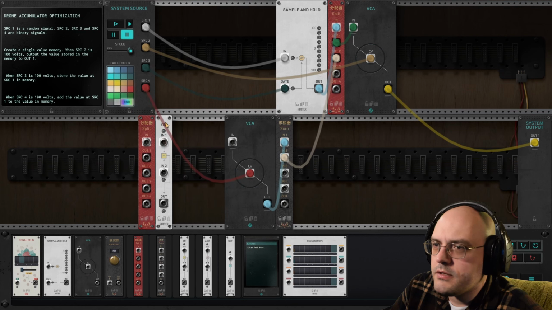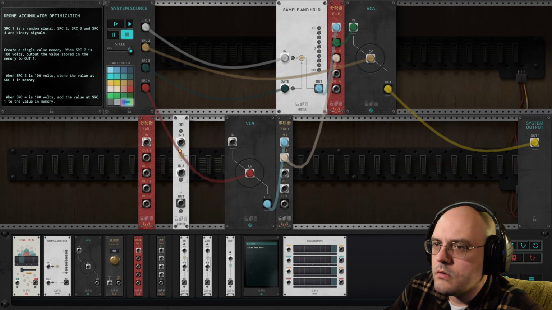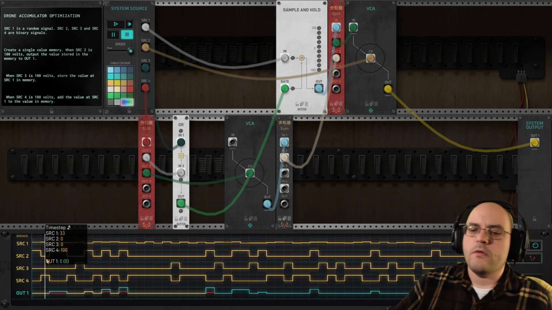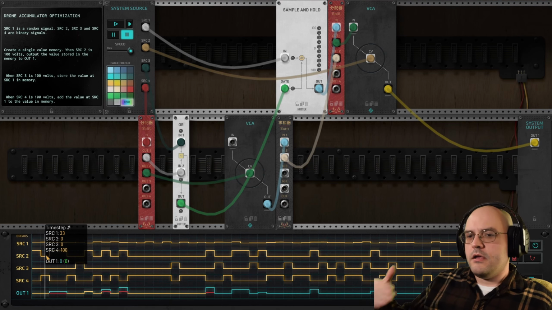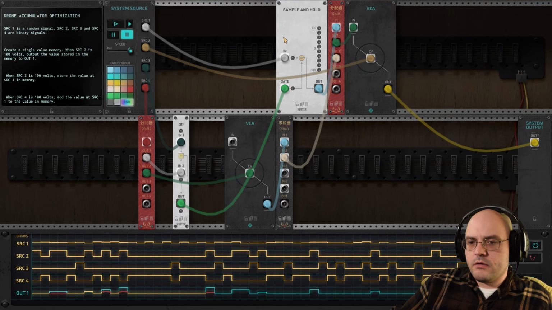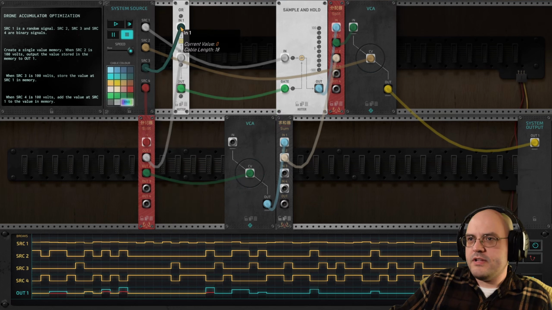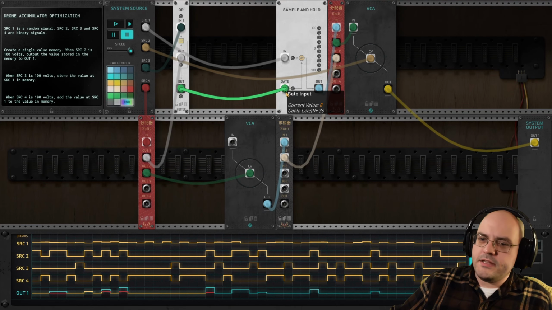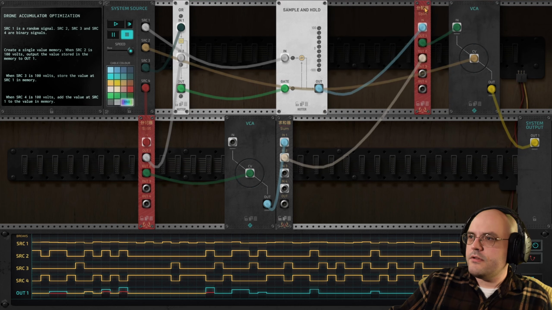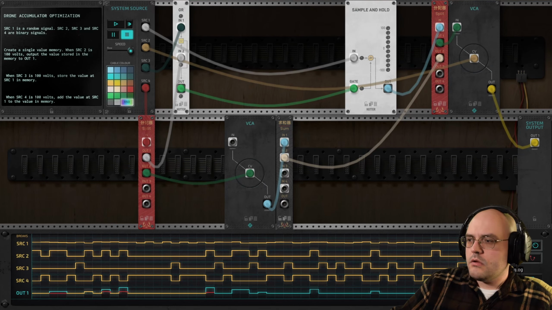I think I want this. Right? Whenever 3 or 4 is high, we need to modify the memory. So that's what this is saying. If 3 is high or if 4 is high, open the gate. Now we need, if 3 is high,